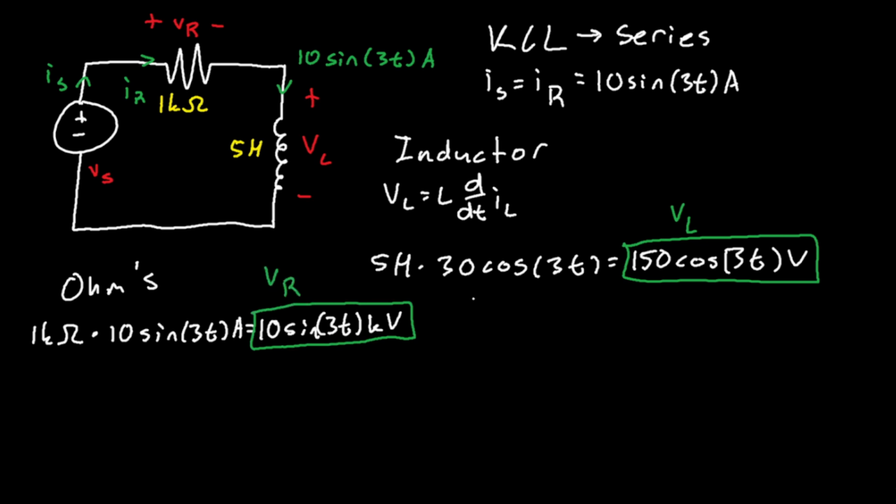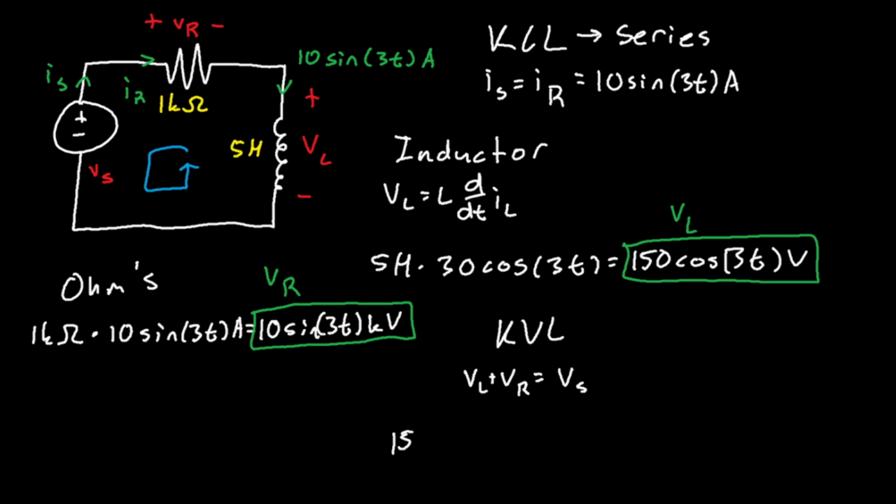Now, what's the last thing? Well, we have I of S, I of R, and your I of L. So we have all the currents, and we also have the voltages at the resistor and the inductor. We don't have the voltage of the voltage source. So let's go ahead and use KVL to determine this. So KVL, in the counterclockwise direction, let's say, has two voltage rises, your VL and your VR. And in turn, this equals VS, correct? Okay, so all we need to do is add VL and VR together to get your voltage at your voltage